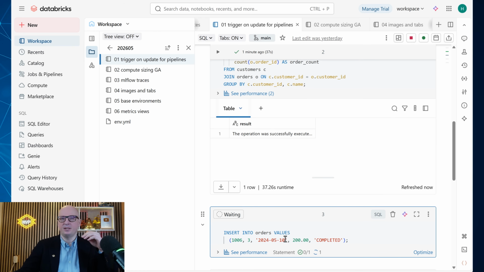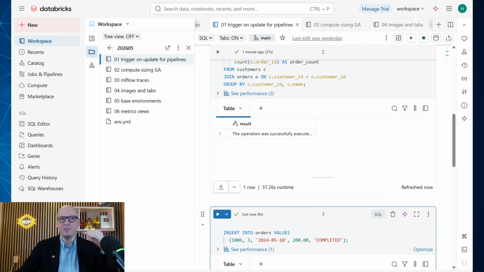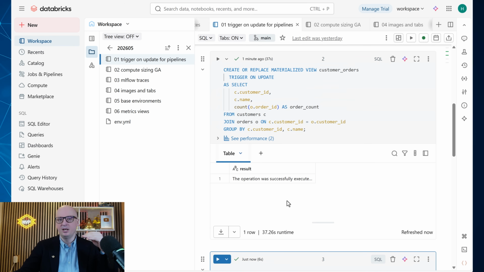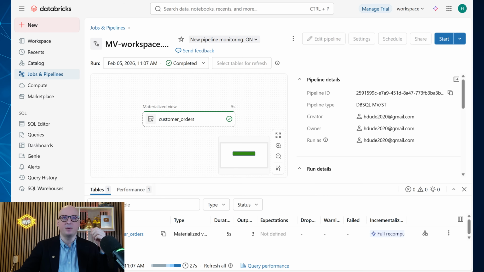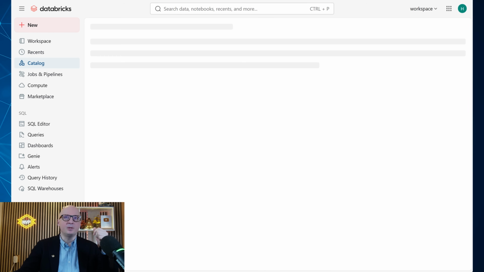So after that insertion, after a few seconds, the pipeline should run again because it will detect that a change in one of the sources, orders, happened. So let's wait here a bit. Probably it will start in a few seconds. What is important to know is that